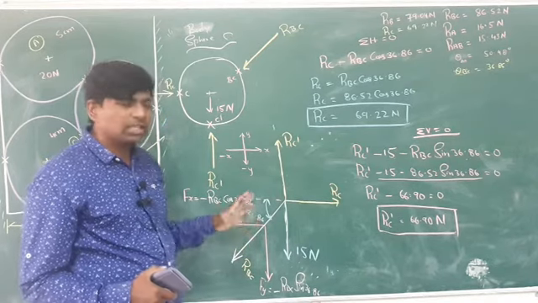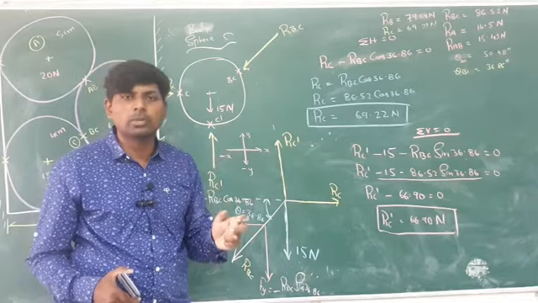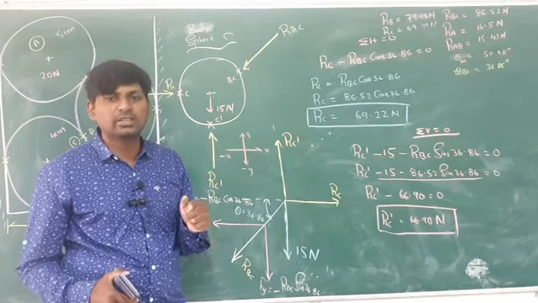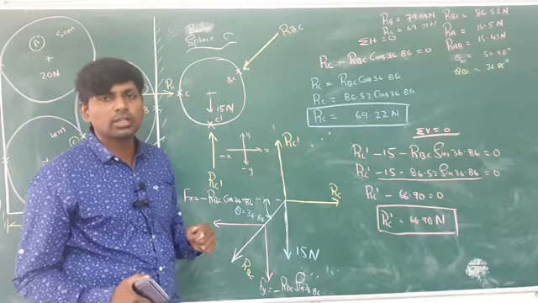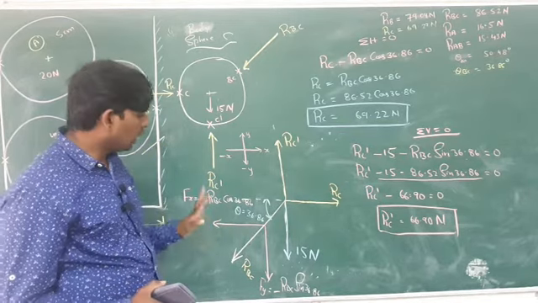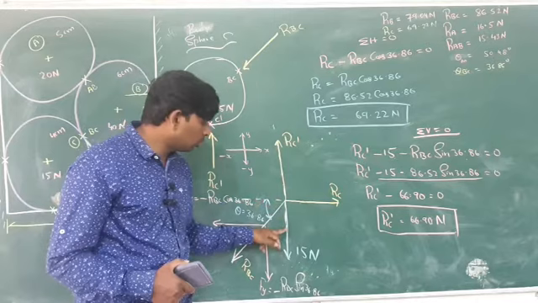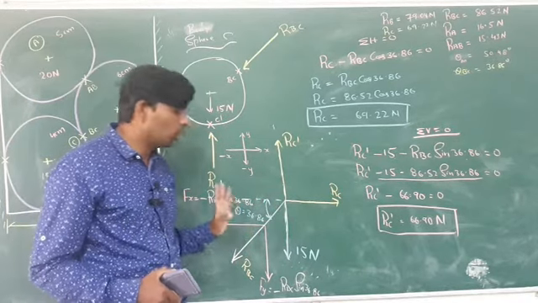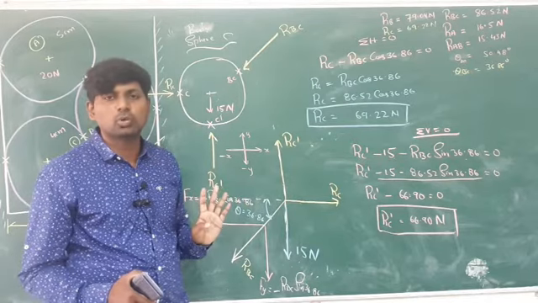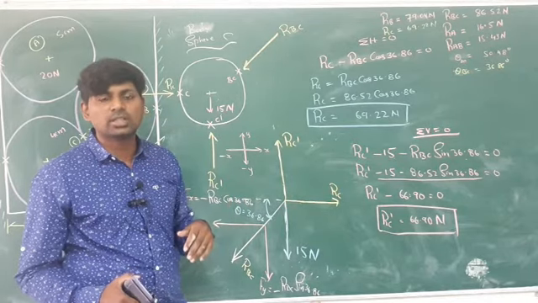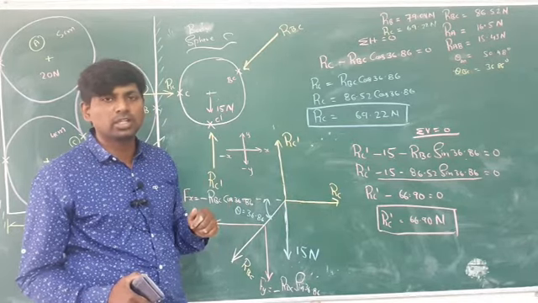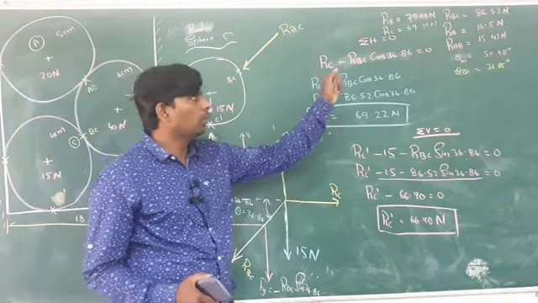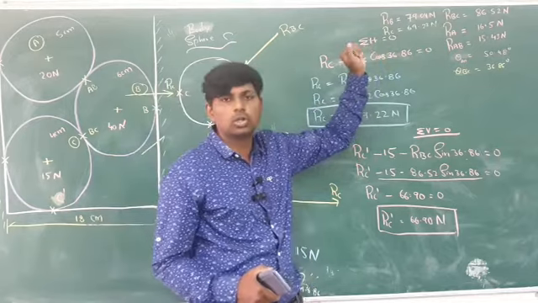After that, whichever has fewer forces, you can go for sum of horizontal or sum of vertical. Which one you feel is less, you have to go with that. So here in vertical, if you see, 3 forces are there. If you consider the horizontal, only 2 forces are there. Horizontal, how many forces? 2 are there. So better to go for sum of horizontal. Sum of horizontal is equal to 0.